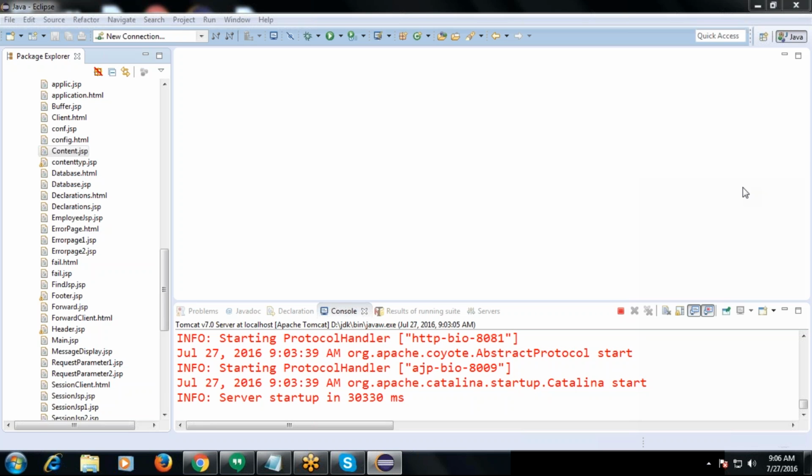What are the implicit objects we have used till now? Out and request, right? And config also.